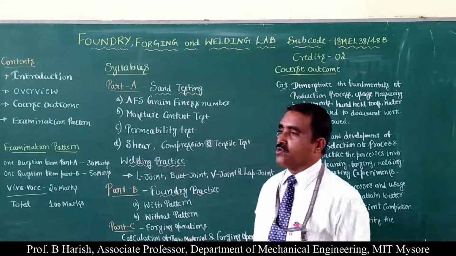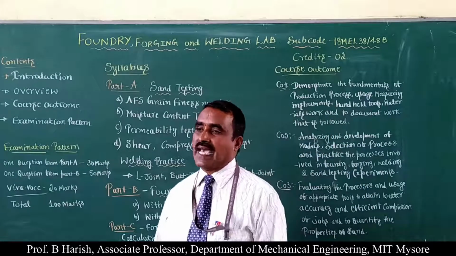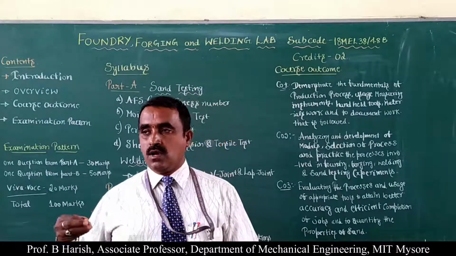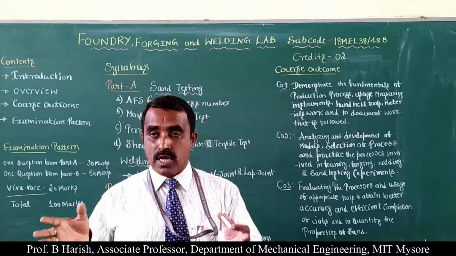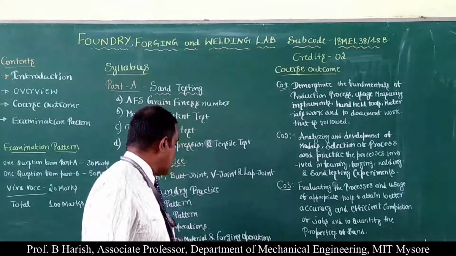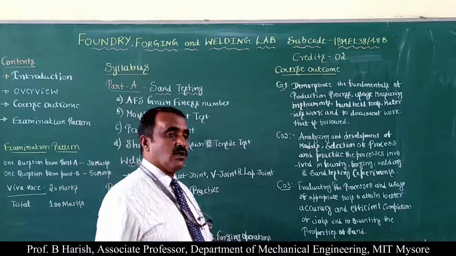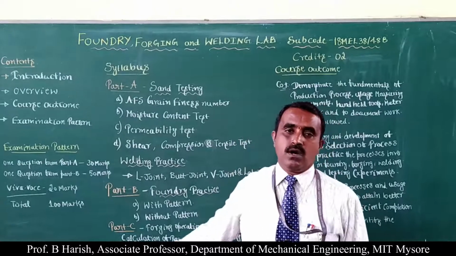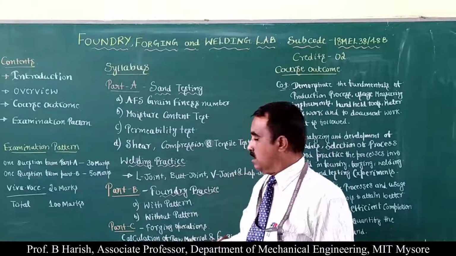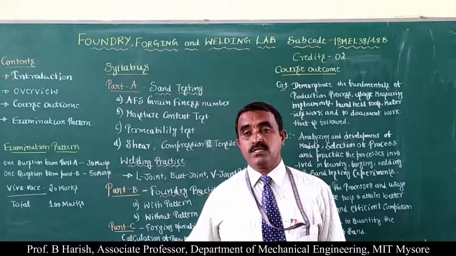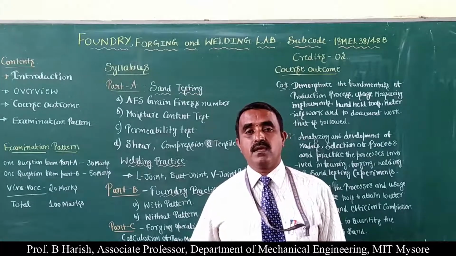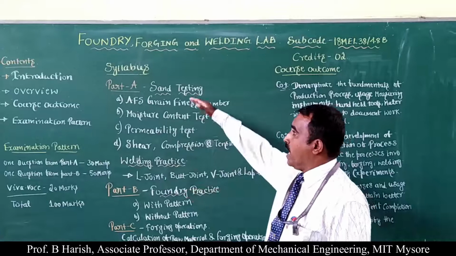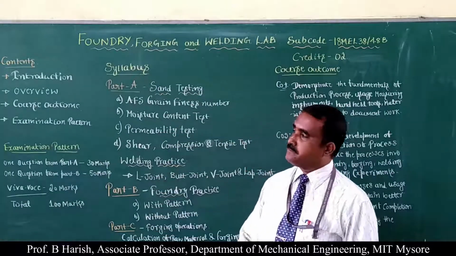In the case of forging, initially you should do the calculation. What is the volume of the original material, and what is the volume that changes to get the required different shapes? So basic calculations of the material and forging operations. Once again, 2 to 3 models will be prepared as part of the forging operation. Different forging operations like upsetting and bending will be carried out along with the calculation. That is about Part C. So Part A, Part B and Part C.